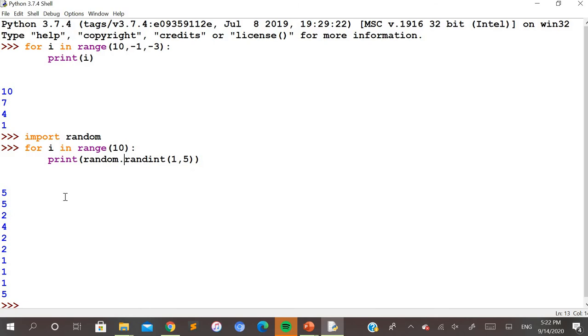You can see here, randomly it has considered for the first iteration a 5, second iteration a 5, then 2, 4, 2, 2, 1, 1 and 5. So you can see here, nowhere has it crossed the value beyond the range from 1 to 5. Randomly it has considered only one value, but within the range that you have specified for this randint function. So this is how usually you can import any module, and where you can use the built-in methods that are supported for all the modules here.